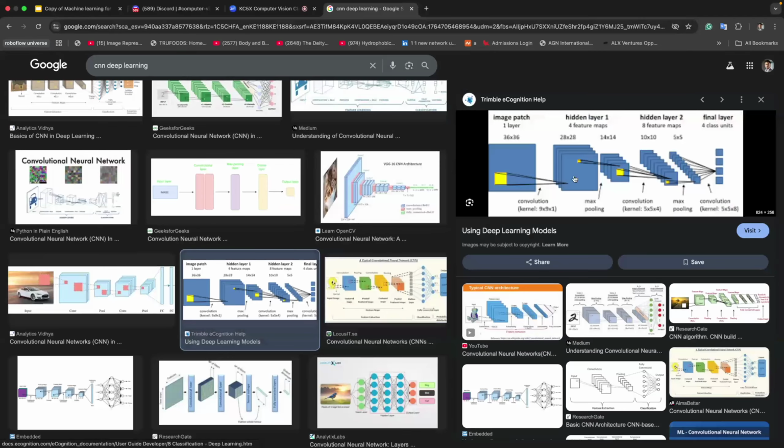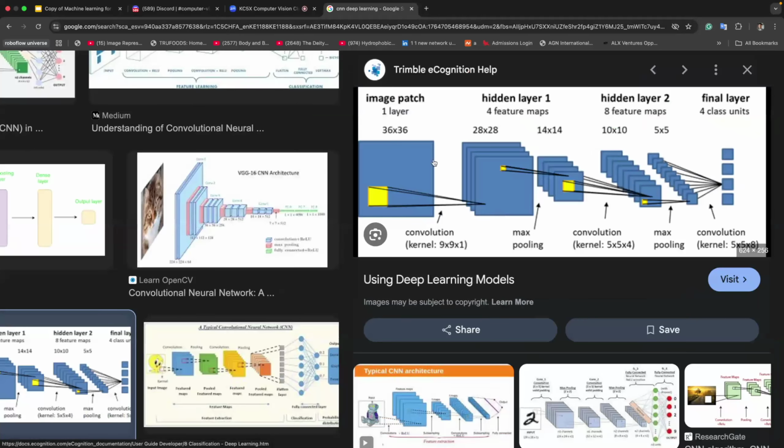Here's another example. We have our input image coming in here. Let's say we just pick 36 by 36 pixels out of this image. We pass this image to our first convolution. In our first convolution, let's say for example,